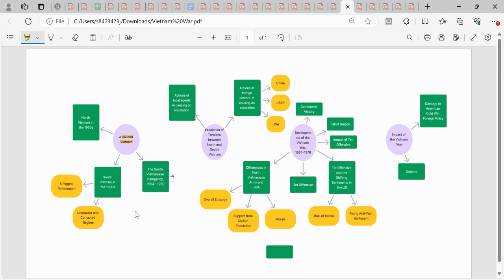Right, some aspects of the Geneva Conference would be that the Viet Minh would occupy North Vietnam under Ho, and the non-communist South Vietnam under Prime Minister Ngo Dinh Diem. Elections would be held by 1956. So that was the decision of the Geneva Conference, I think,